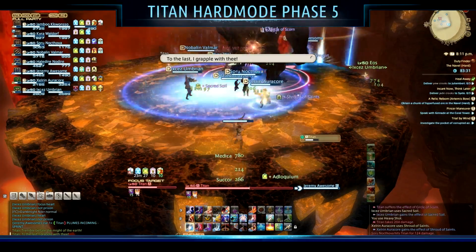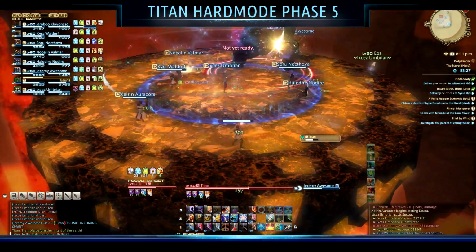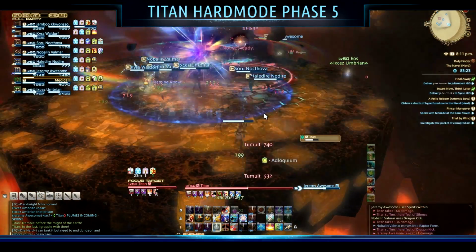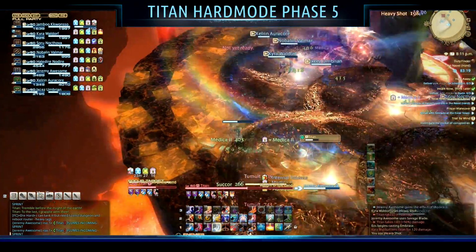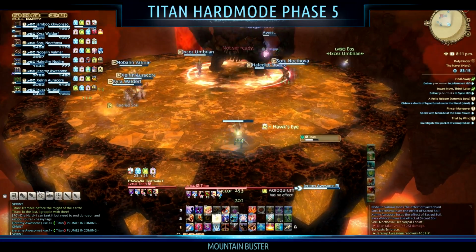So now you're on to the fifth and final phase of the fight, and this is where things start to get pretty crazy. Yet again, before we talk about the order of the boss abilities, I'm just going to talk about the new ability that is gained in this phase, and also the two new formations that the bombs can take. The new ability the boss gains in this phase is called Mountain Buster,